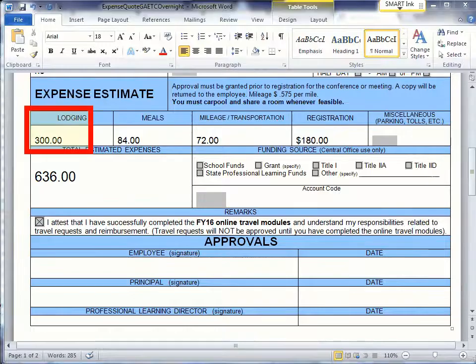In this instance, the hotel rate is $140 per night with a 2-night total of $280. The expense quote received indicated a total with miscellaneous fees of $300. This is the number you will enter for your quote. Because Dr. Robinson is spending the night, she will be eligible for meal money at an estimated rate of $28